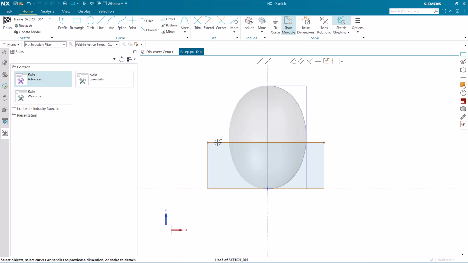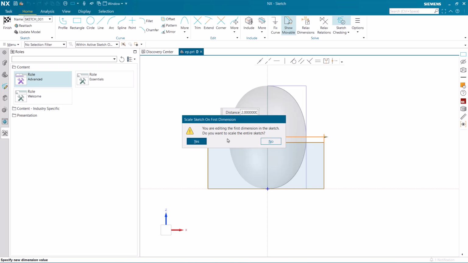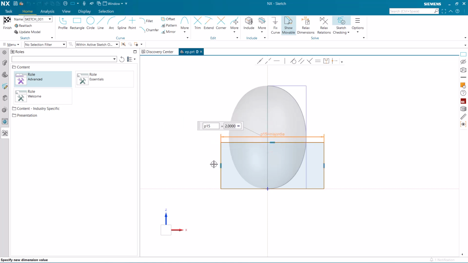So here we'll create another rectangle, roughly 2 inches by 3/4 of an inch, and in the same fashion put in our major and minor diameters. Here we'll say no to scale the sketch if you get that question. Middle mouse button to OK that,